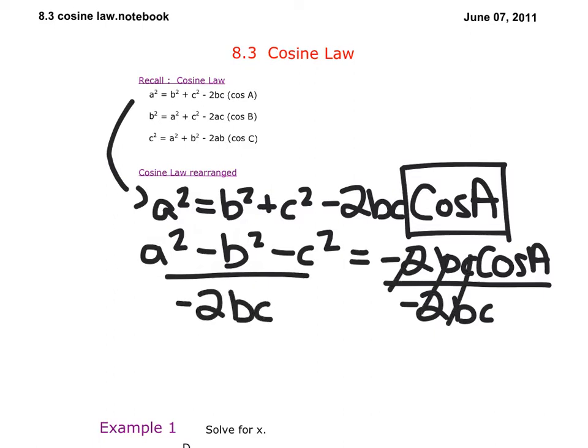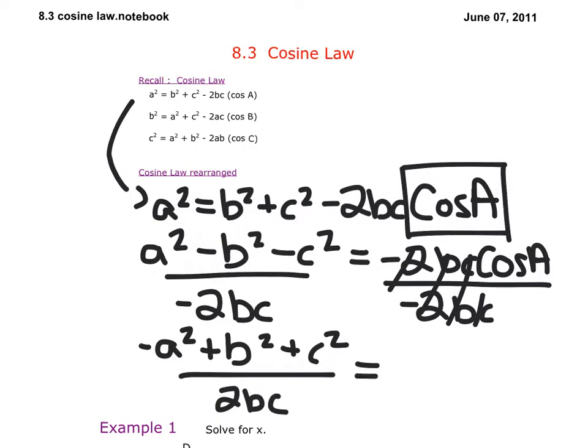So that would cross out. Also, we want to get rid of that negative sign on the front, so we can divide by the negative. So it would actually become negative a squared plus b squared plus c squared